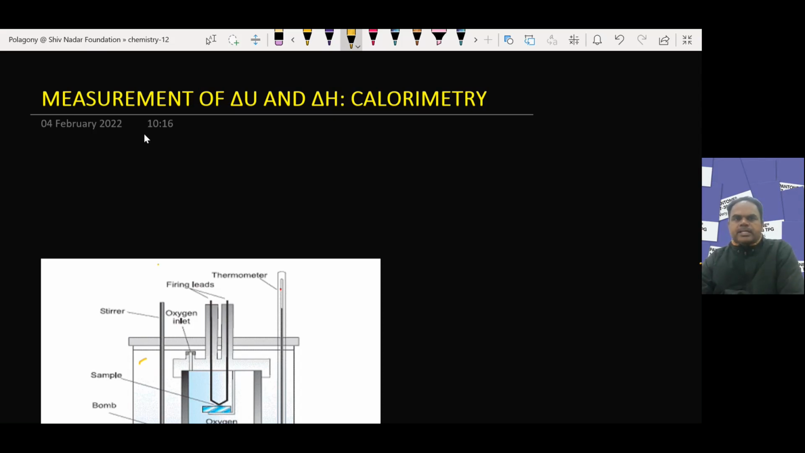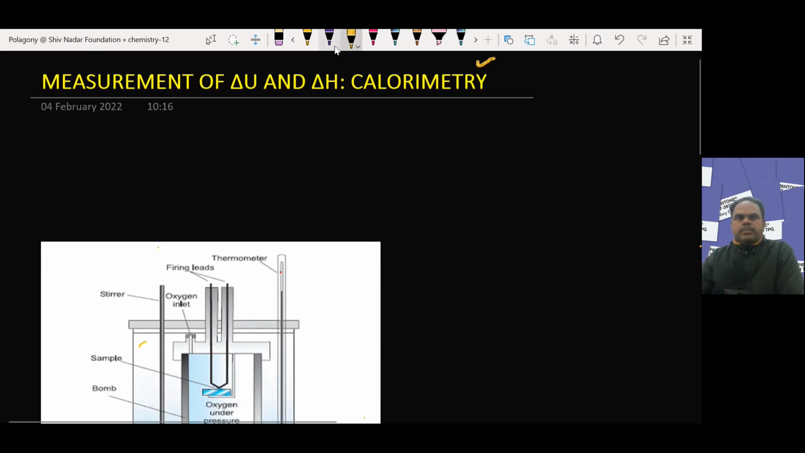Measurement of change in internal energy and change in enthalpy of the reaction during a chemical reaction is said to be calorimetry. So calorimetry is the technique of measuring heat energy changes